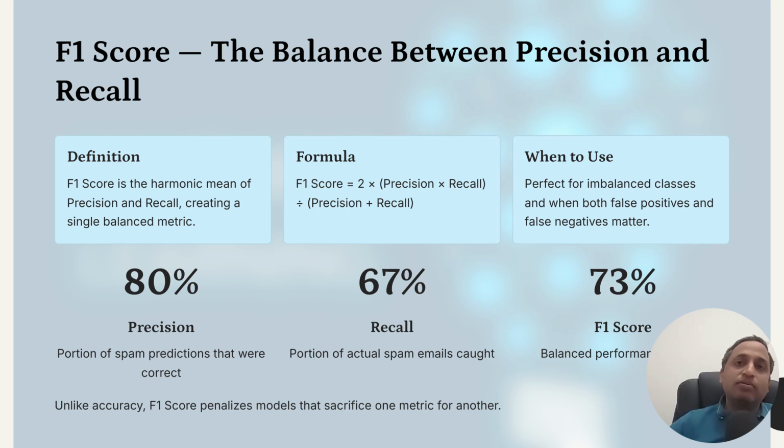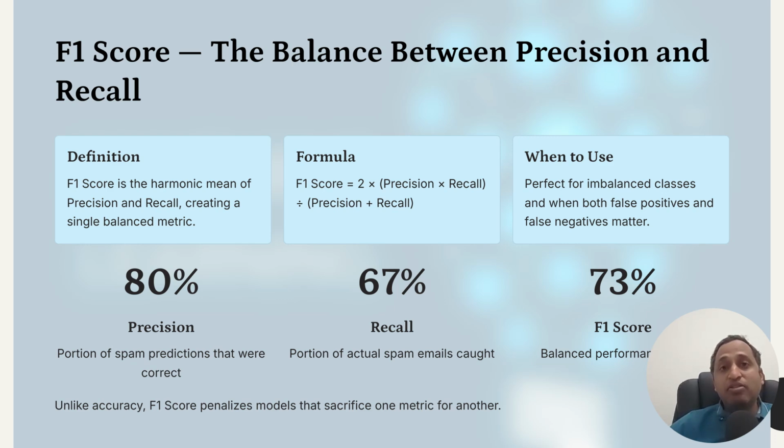You don't want to, just because you want to detect all the spam emails, classify some genuine emails also as spam. Just because you don't want to miss the negatives, you cannot flag every patient as having a disease. It has unnecessary follow-up checkups and medical expenses and everything. That's one of the reasons F1 score gives you a way to balance the two using the harmonic mean, which